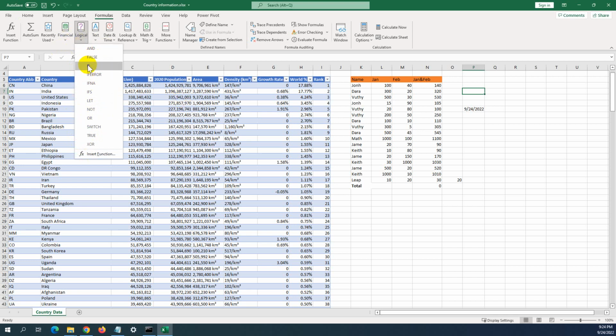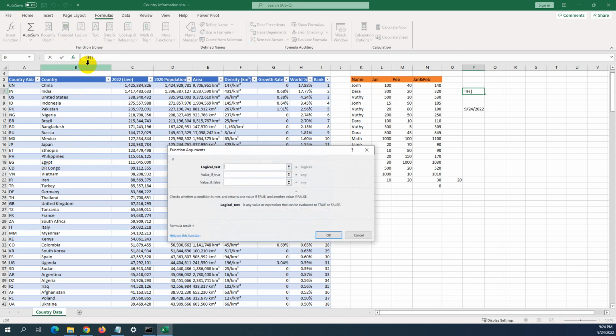For example, if I select IF, it inputs IF and opens and closes the bracket already, and this is the logical test. If I select, for example, 20 bigger than 50,